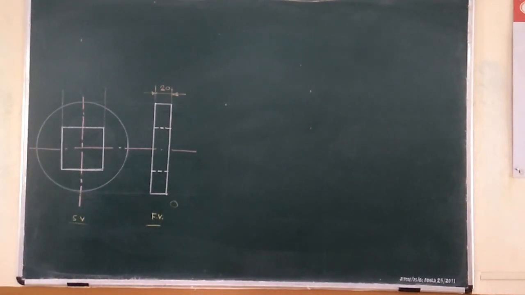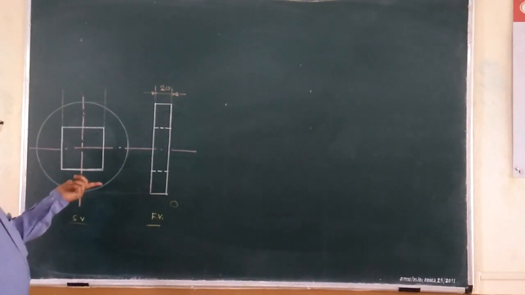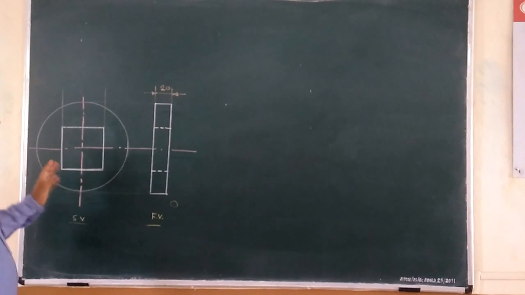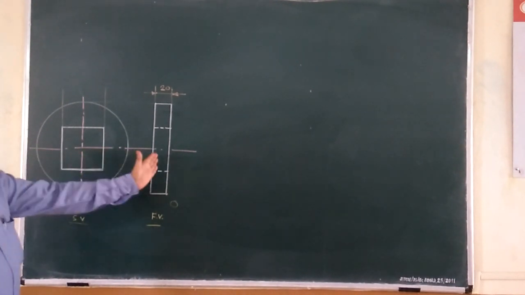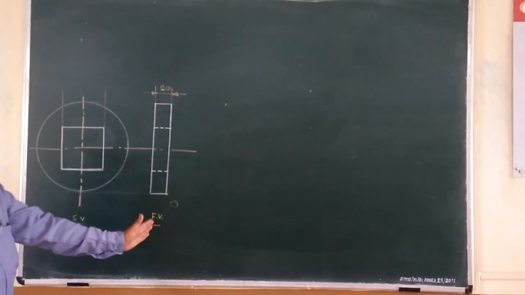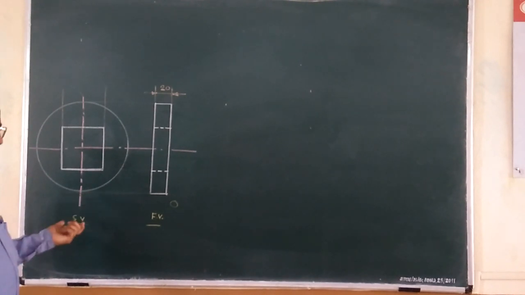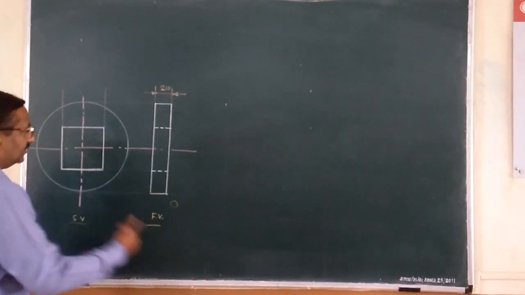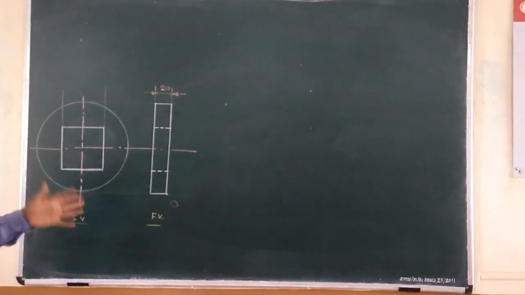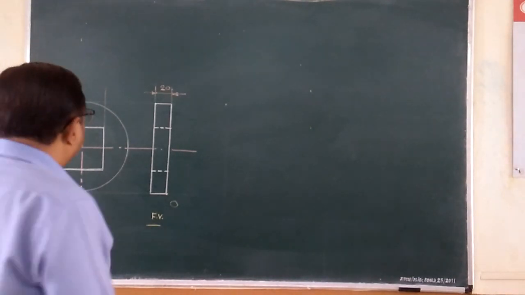In this also you can take, or we may say this view as front view and left hand side view, which you can specifically call the left view. But in this case, I have taken this as front view and right hand side view, which is drawn on the left of the front view.